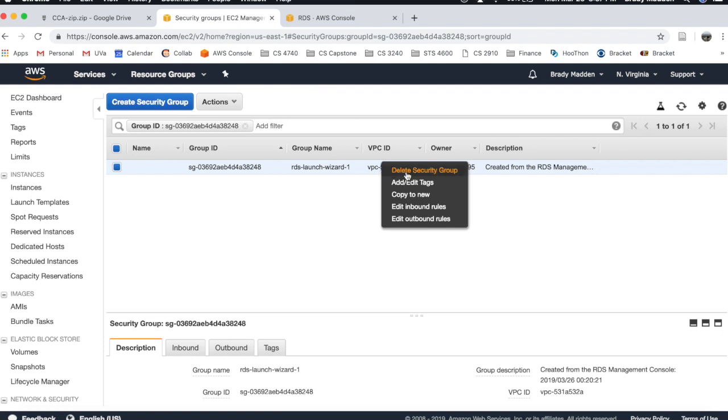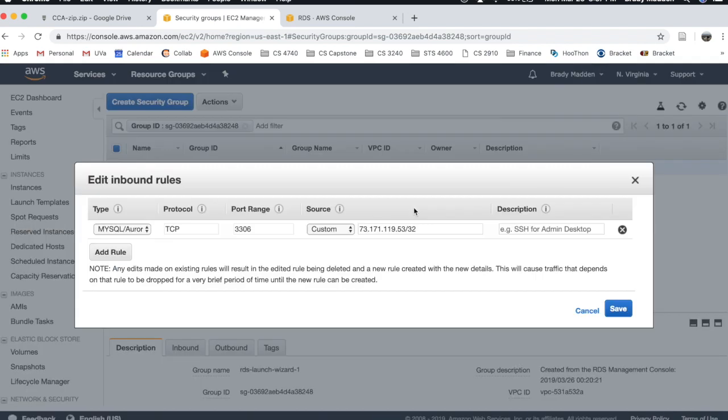We need to right click, click Edit Inbound Rules. So this allows what IP addresses are allowed to access our MySQL database. So we can allow our IP address to access it, to do any kind of debugging. But more importantly, we need to add a new custom security group to access it. So we're going to go ahead and click on Custom. Make sure this says MySQL Aurora TCP port range 3306 Custom,